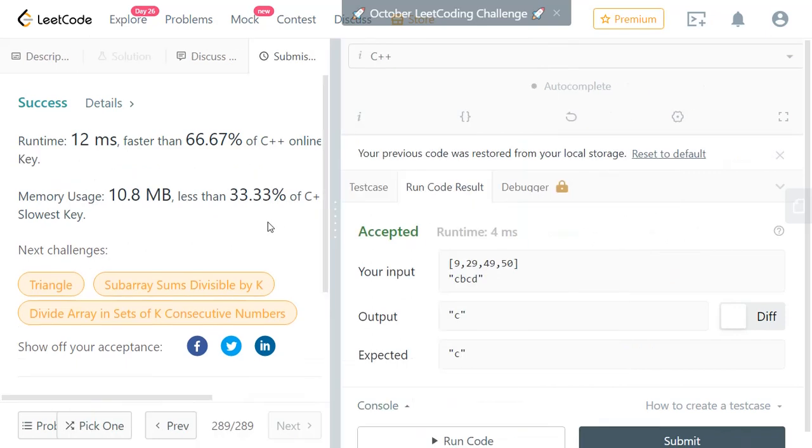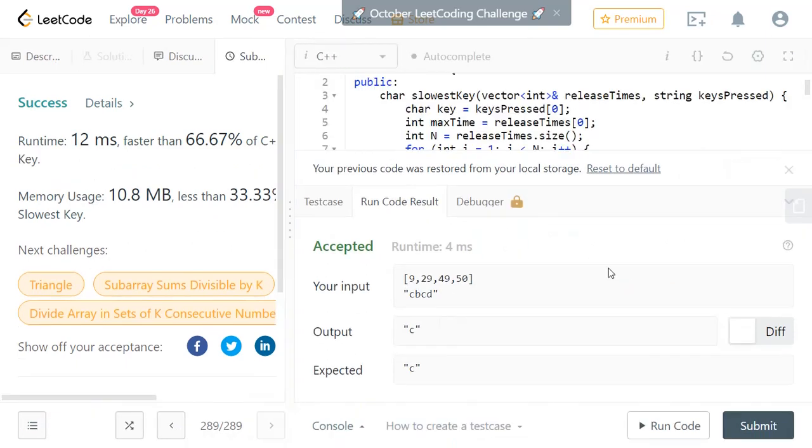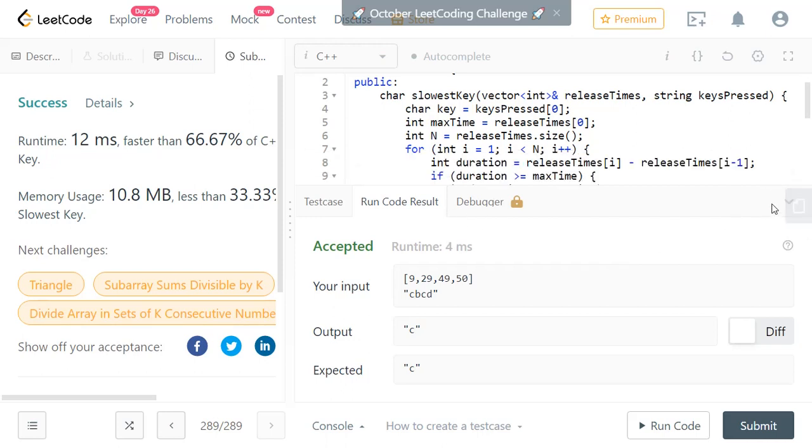What we are doing here is processing the given string once, so the time complexity here will be in the order of n. And when it comes to space complexity, we are not using any additional space, so it will be in the order of 1. It will be constant space. So that's it for this problem.